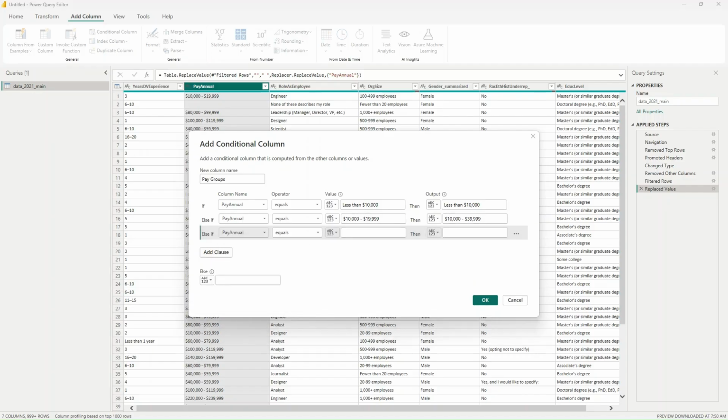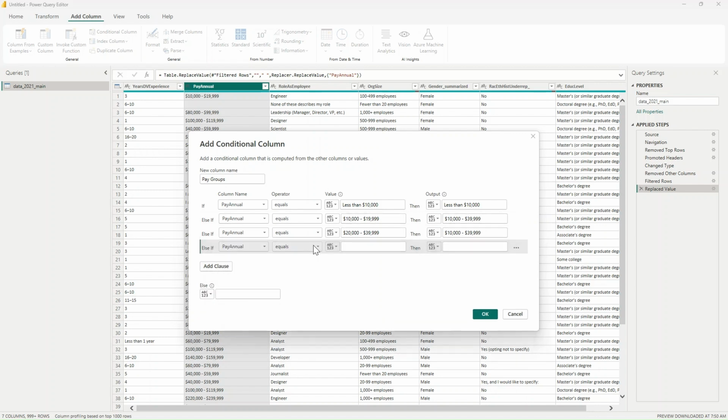So when the pay annual equals 20,000 to 39, then we have from 20,000, then we have the same bracket.